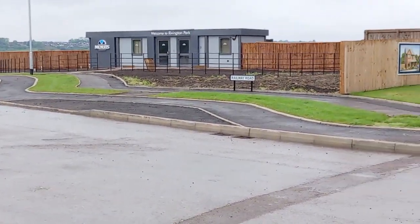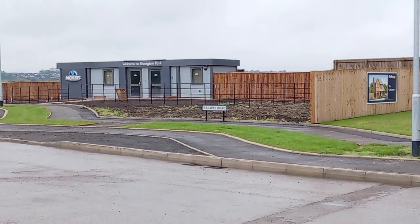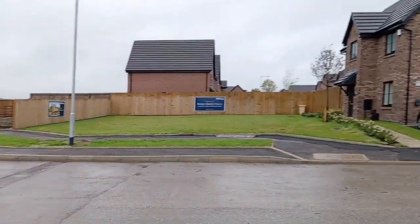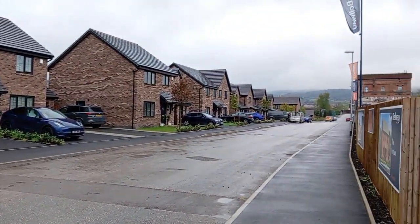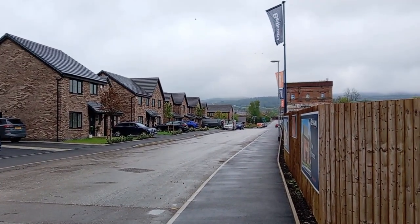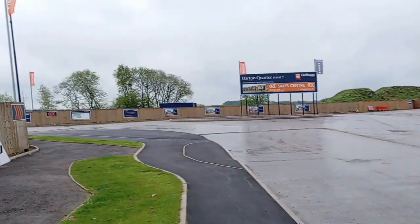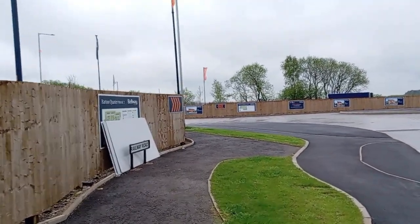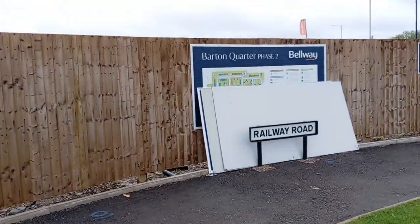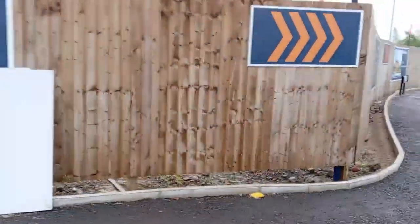Nice to see they've still made a nod to the railway. It's going to be called Railway Road. Like I say, it's all affordable housing and stuff like that. You know, this would have been a very vast area at the time, because obviously the Loco Works were producing so many steam locomotives. Yep, so there we go. It's currently called Bolton Quarter Phase 2. Which, you know,